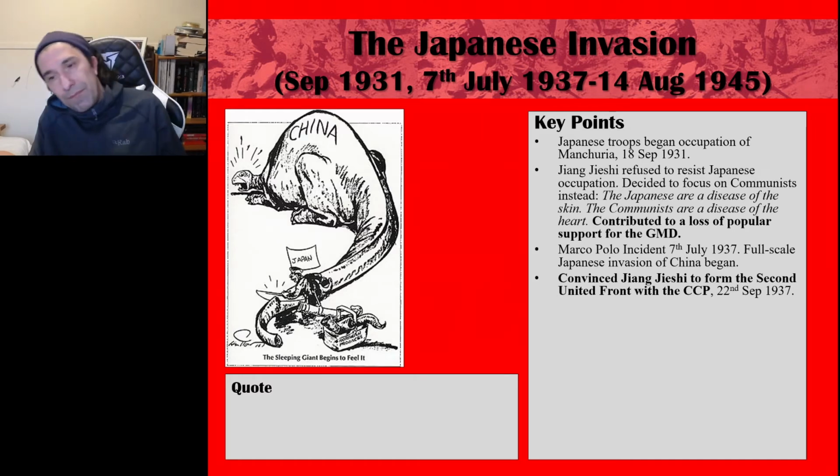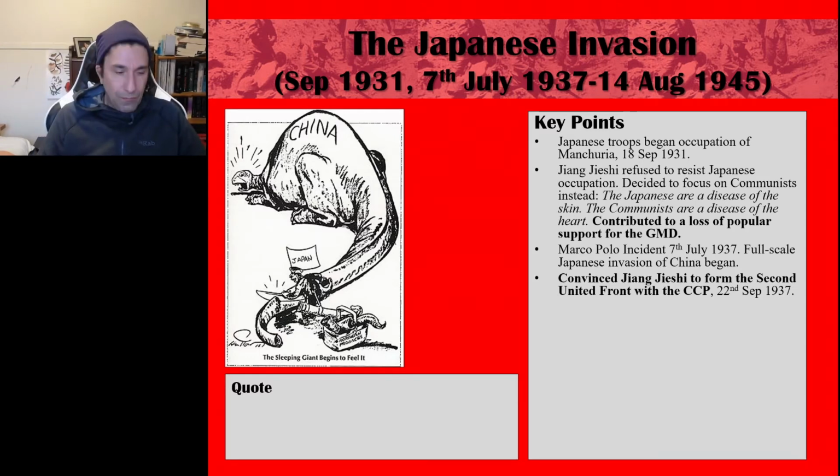So at that point, the CCP allied with the Kuomintang, and they both were fighting the Japanese. In forming this second united front, they didn't forget that they were going to fight each other. Both Mao Zedong and Zhang Jieshi knew they were going to be fighting each other after the Japanese invaders were kicked out. So there was always on both sides, even when they were fighting the Japanese, both the CCP and the GMD always kept some of their troops back just in case they were going to have to fight against each other.